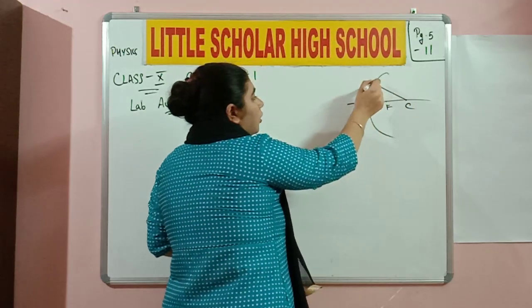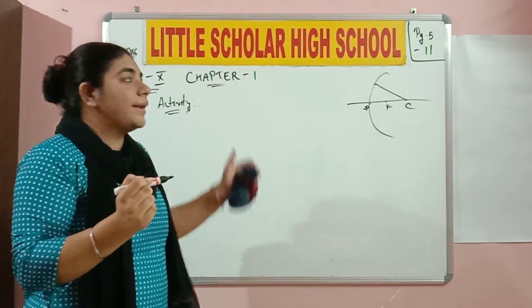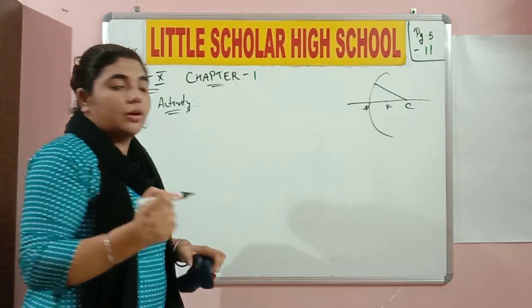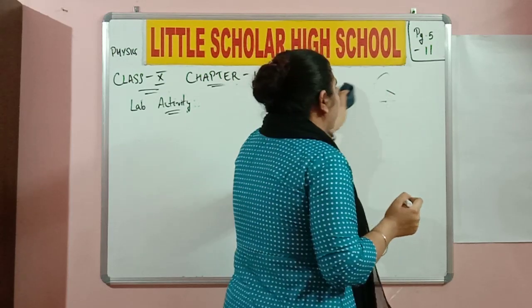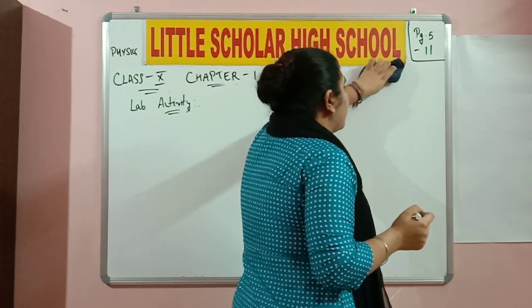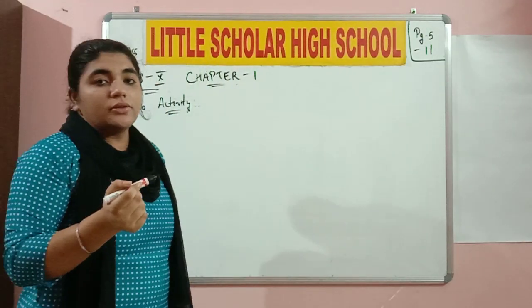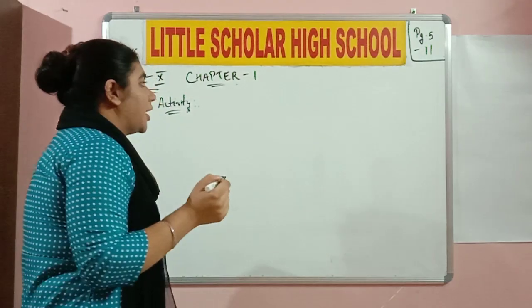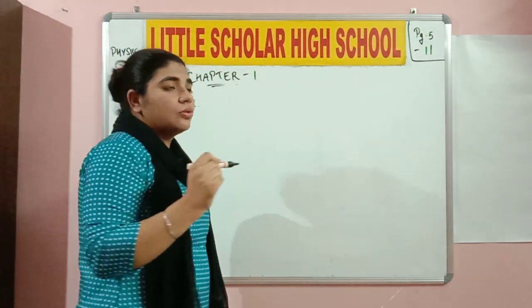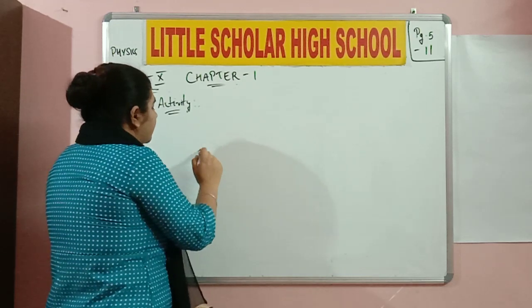You know how to draw a normal right now. You know that the laws of reflection are valid even for the spherical mirrors. Like it be plane or spherical, the laws of reflection are always going to be valid. Further, we are going to study in detail about the spherical mirrors. For this we have an activity. Basically this activity happens to be really important, so you need to be a little smart while understanding this.